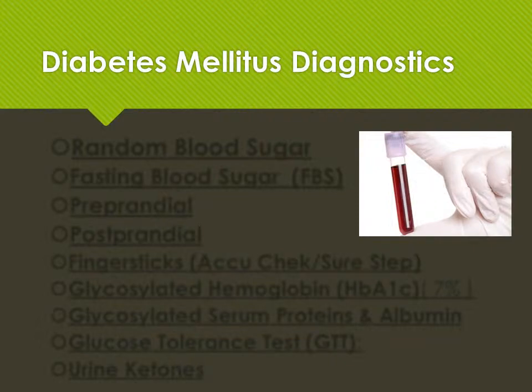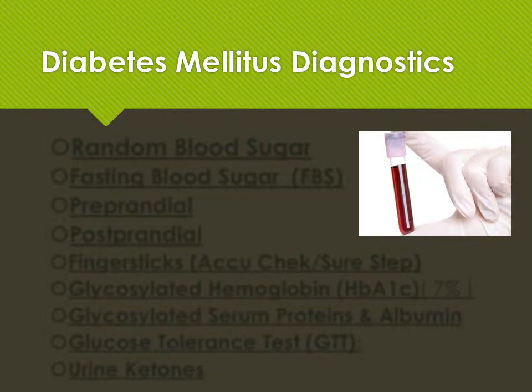Diabetes can be diagnosed by assessing blood glucose levels. The American Diabetes Association defines normal blood glucose values in Chart 67-1 and Table 67-6 on page 1419 of your textbook. Review this chart and table to familiarize yourself with the normal blood glucose values.